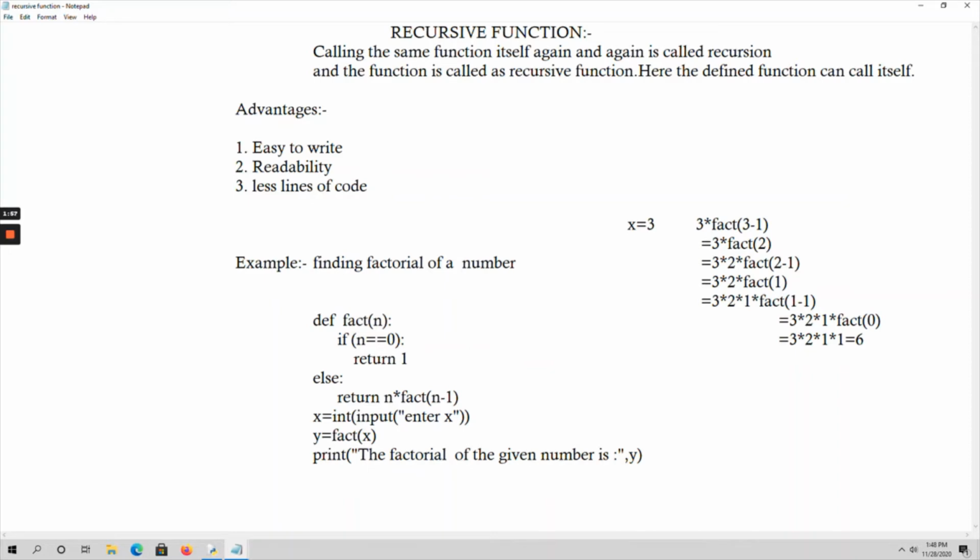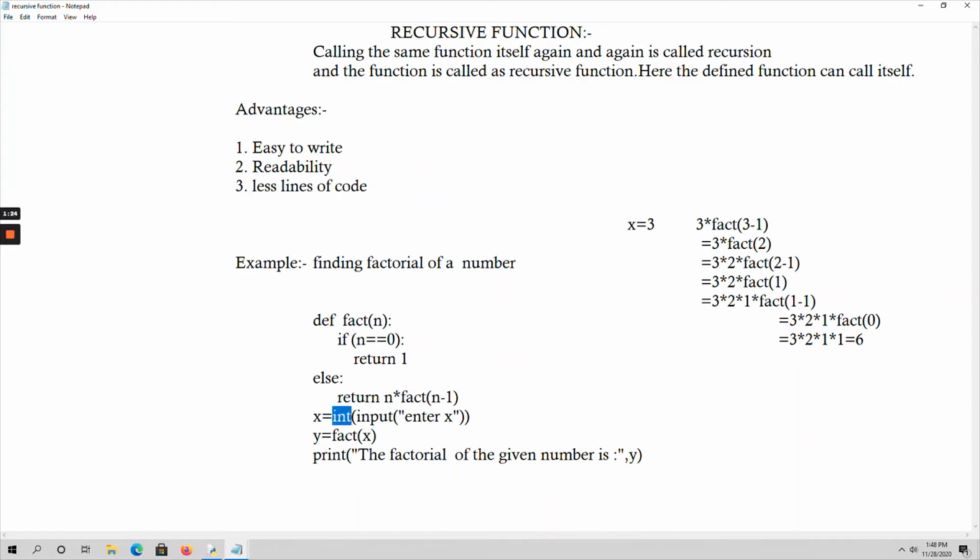So here I am taking a variable x which is assigned. x is nothing but the input. Whatever number you want to find the factorial of, that number is taken as an input, right? So here I am reading that number. That means the user has to enter that number during runtime, okay. Through the input function it is possible, right? The input function will return a string value, so it has to perform typecasting. For that, here I am using int, okay.